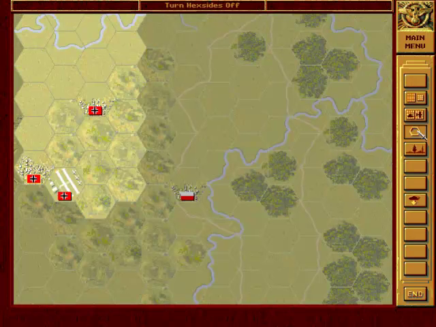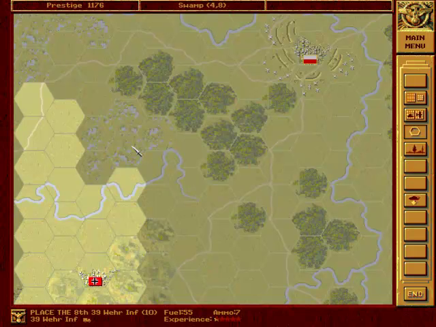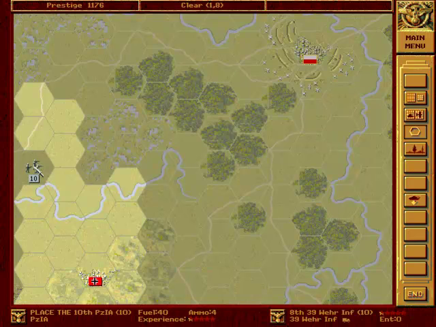So let us check the map. We have here the city of Warsaw, which will probably fall first because it is most exposed, and then the city of Modlin, and way behind the city of Siedice. 3 objectives, a lot of turns, so we do not need to rush things. Do not worry about this. And now we will...